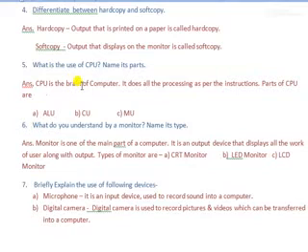So this is fifth. What is the use of CPU? Name its part. Now we need to tell the use of CPU. तो हमको पता है CPU is the brain of a computer, and because it is a brain, it does all the processing work. Whatever work we are giving to the computer will be done by CPU itself. So here we have written CPU is the brain of a computer.